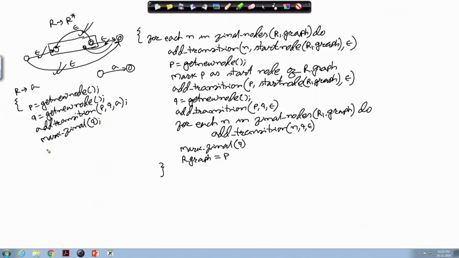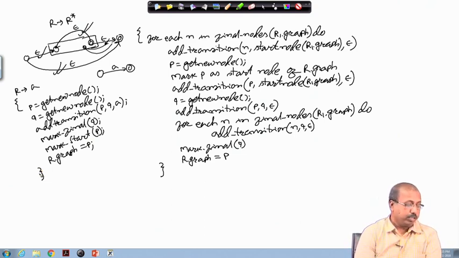Then to mark P as the start node, that is by calling the function mark start P, and then I have to say that R.graph equal to P. So, this is for R producing a, only the single terminal symbol, and what remains is the epsilon transition.